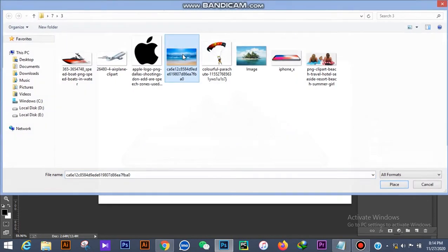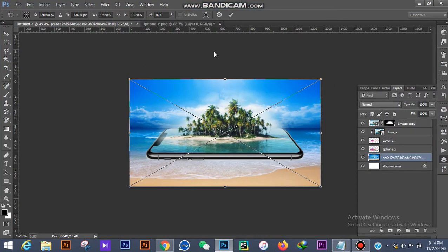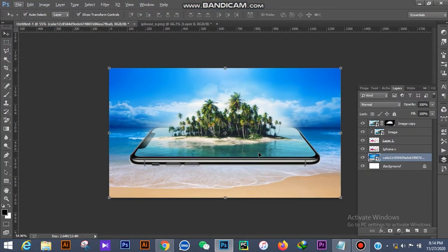And now I am including the beach picture, and also make it masking.